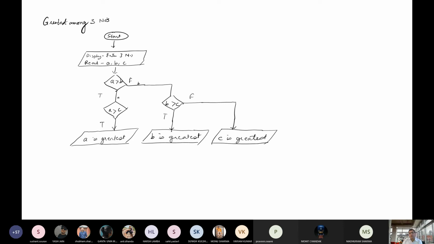Okay, so using this flow chart, if this condition is false, then B is greater, and if it is true, then A is greater. Fine. Similarly, if B is greater, then again it is compared with C. If it is true, then here B is greatest and here C is greatest. Clear?